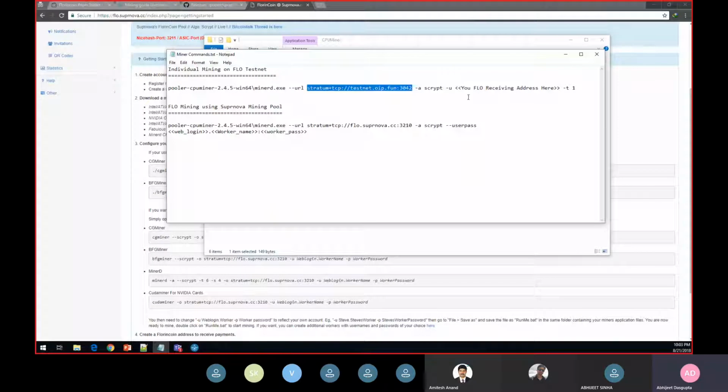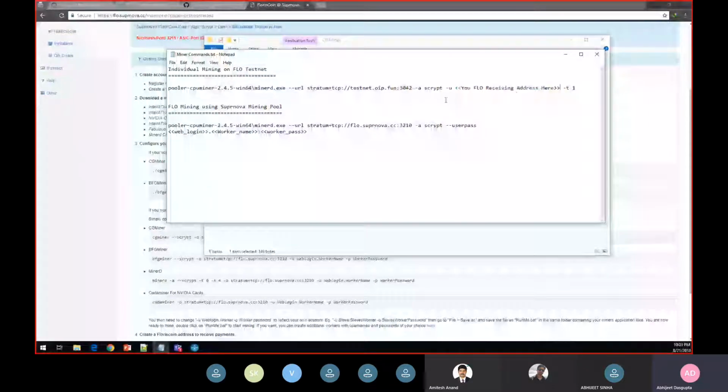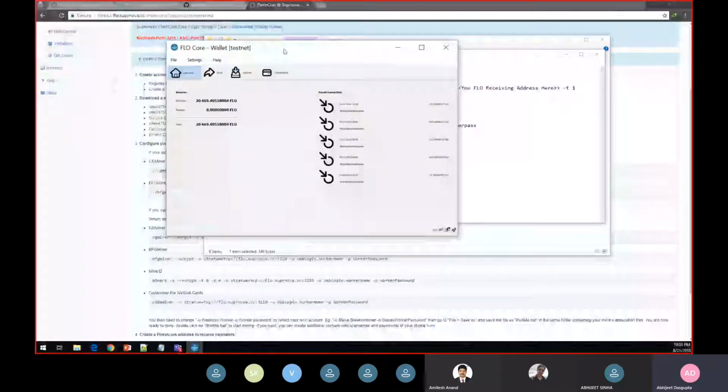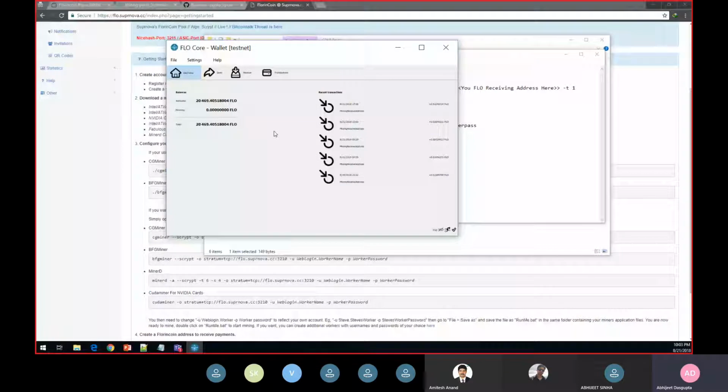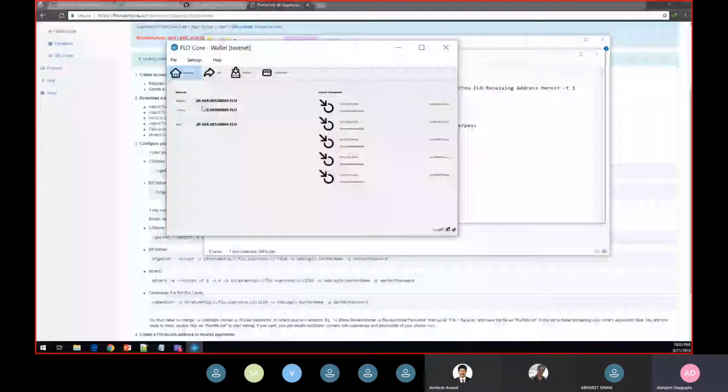You just need to pass your FLO address that you have, and it will mine all the coins that you mine, and it will send back those coins to the address that you mention here. So what I have done here is, I have a particular wallet. It's a desktop wallet for the Florincoin FLO, and it is working on testnet. So the wallet currently is pointed towards the testnet blockchain, and the number of coins that you are seeing, 20,469, these are actually testnet coins which do not have any value. These can be used in creating apps and testing applications.